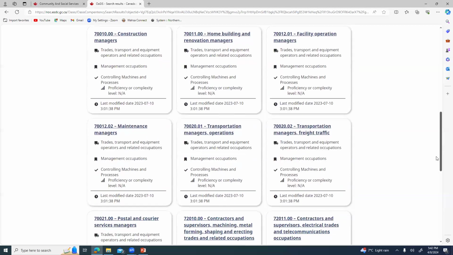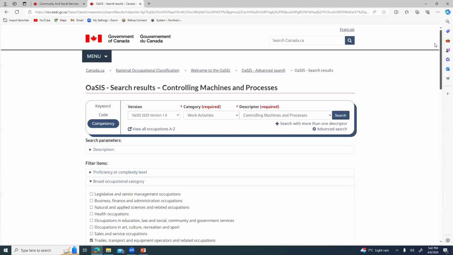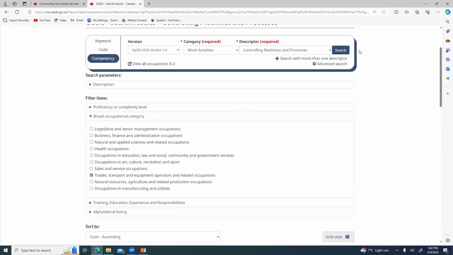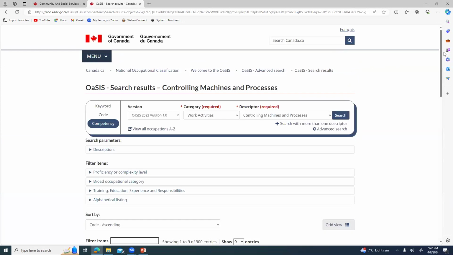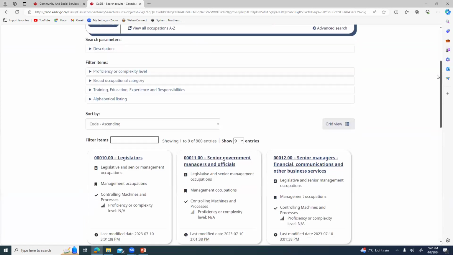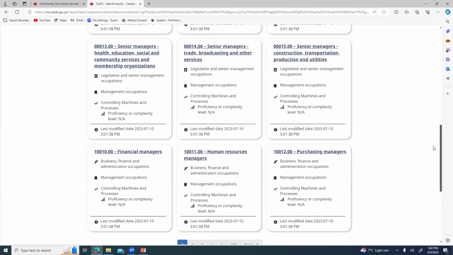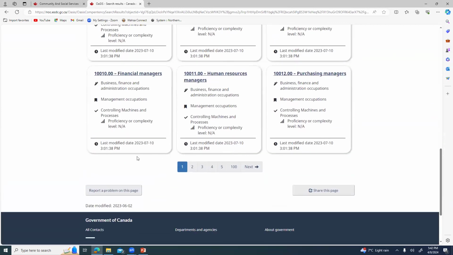Hang on. I'm not sure if it's going to work. Let me see if I search. Will it work that way? Okay, yep. Here we go. Oh, still giving me similar stuff. Okay. So you'd have to kind of flip through this one a little bit. The other one's probably a little bit more useful, but this can be helpful.